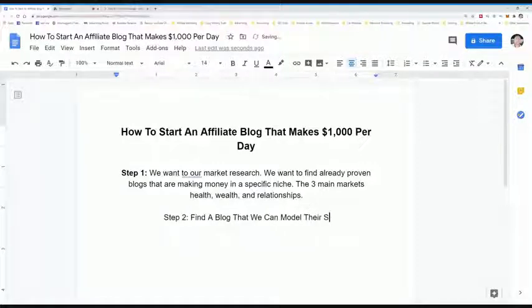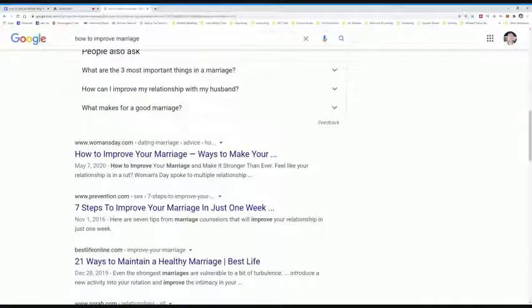Model their success. So we want to find a blog so we can model their success. Okay, so what we want to start doing here is, for example, I can click on this womensday.com,